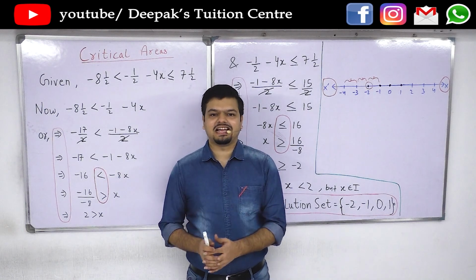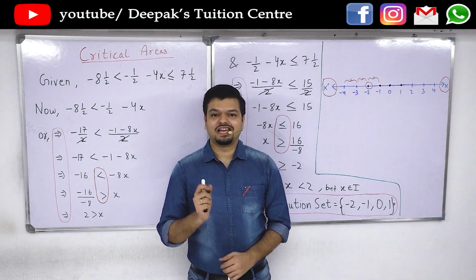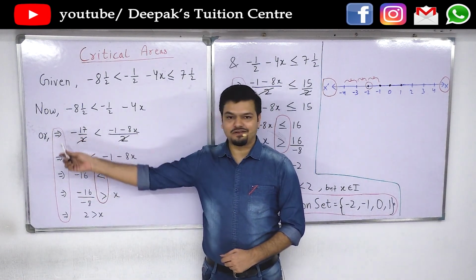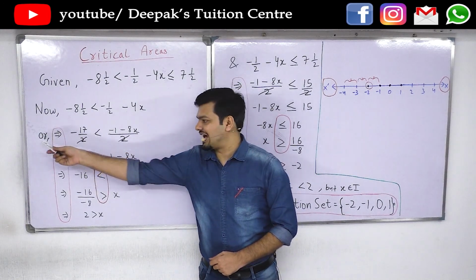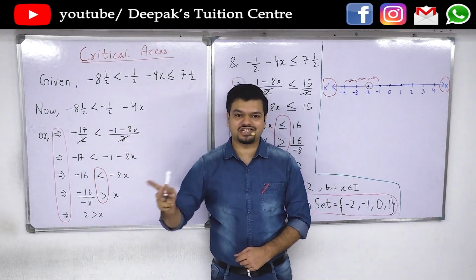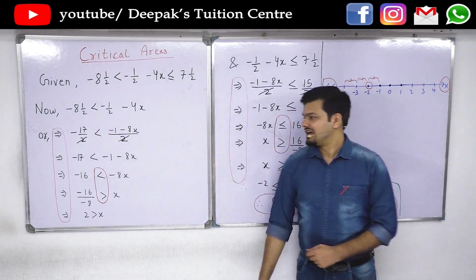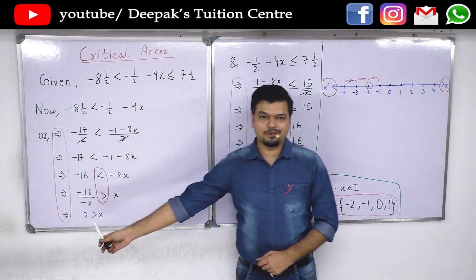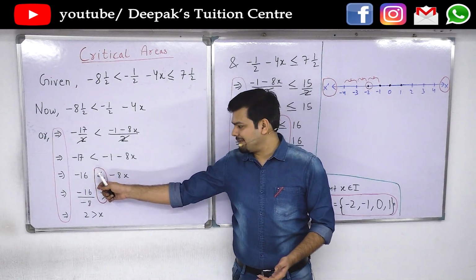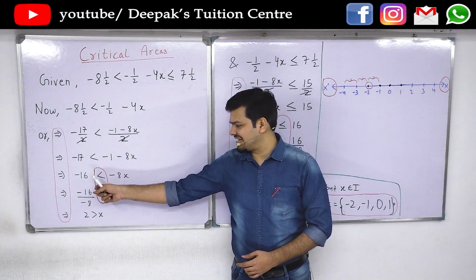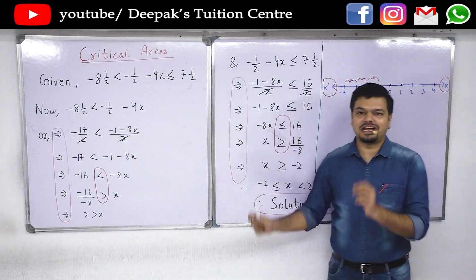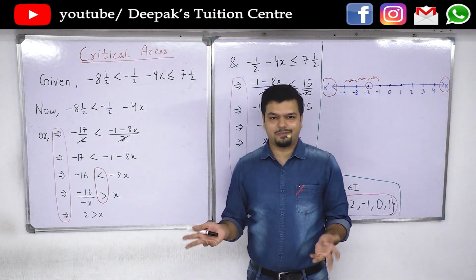There are certain critical areas in which you need to be very careful if you do not want to lose your major marks. One such important point is the use of "and", which implies ∩, or "or". You can use either symbol, but you have to use it when you are using both sides of an equation or an inequation. Secondly, whenever you are dividing an inequation by a negative number or multiplying an inequation by a negative number, the sign in the middle changes from less than to greater than, and from greater than to less than. If you do not do that, you will have your answer wrong, and therefore everything will be wrong.